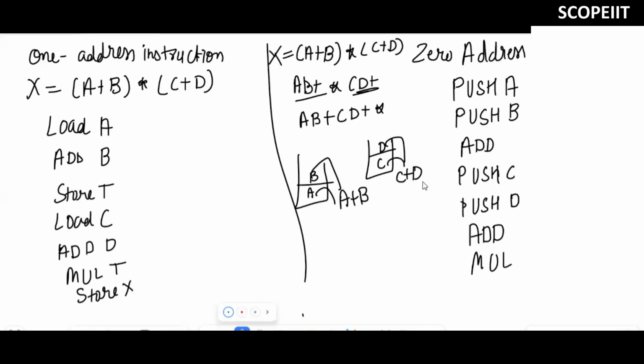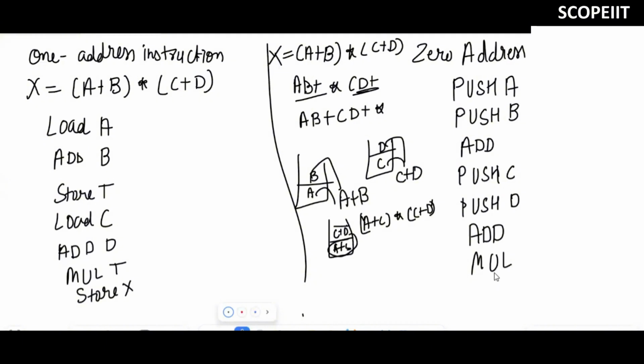So what will it do? Now see, A plus B addition was done, so the final A plus B value was stored here. After that CD addition, so they pop C and D, perform the addition, and then finally you have C plus D. After that, multiplication will take the first value, that is A plus B, and multiply this value with C plus D. That's what we want, right? Like that the operation will be performed. So now we wrote here mul.